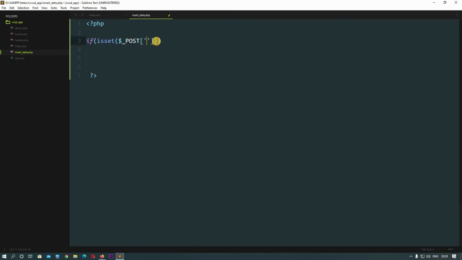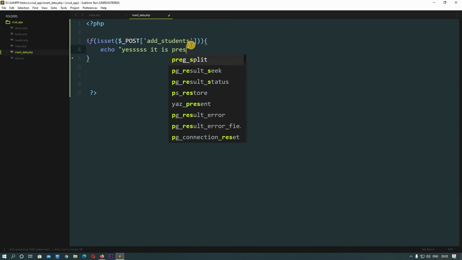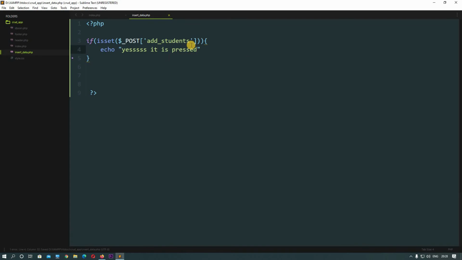Okay, and in here we will pass the name of the button, that is add students. So here we are checking whether this button is set or not, whether this button is pressed or not. So if it is set or pressed, whatever you can say, we will echo out a simple statement. Yes, it is pressed. Okay, semicolon, save this.